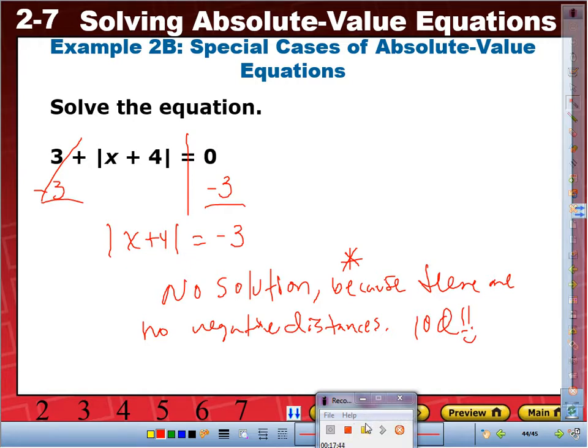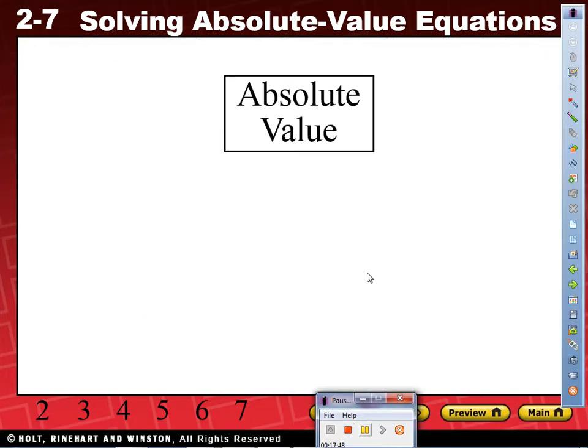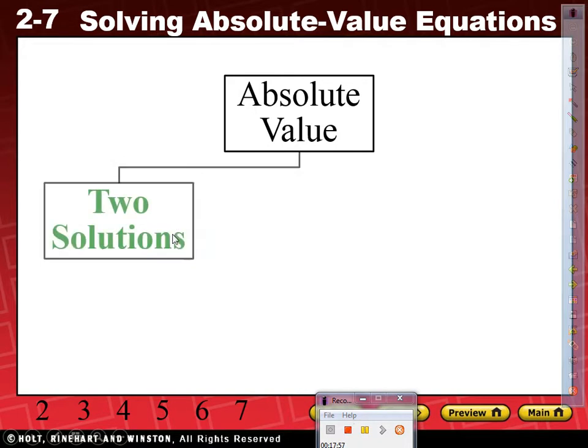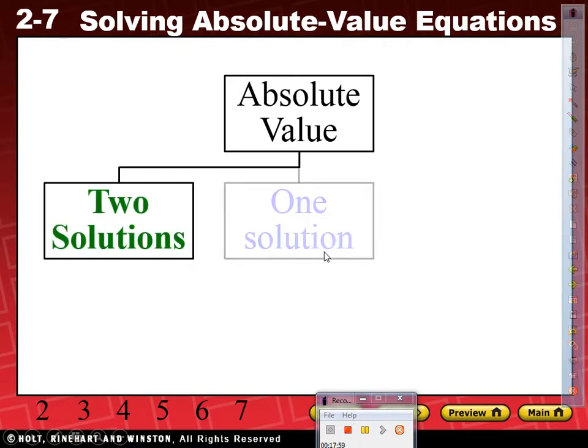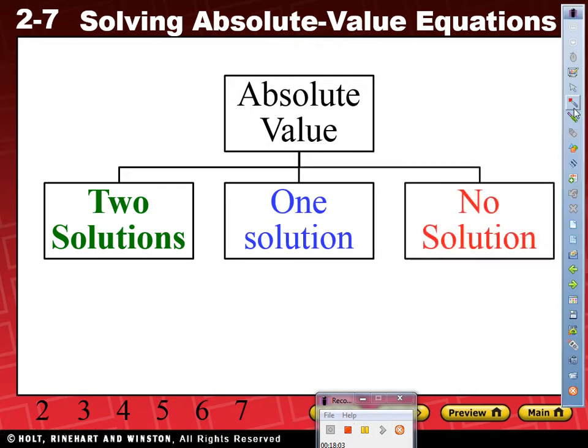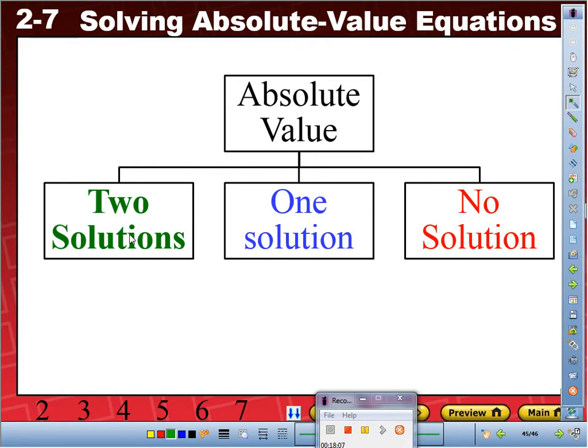Okay, let me show you where we're at so far. Copy this diagram really quick. Okay, here we go. Absolute value. This is where we're at. For absolute value, we found out so far that there are 2 solutions, there have been 1 solution, and there have been no solution. So here we go. How do we know? We know that there are 2 solutions